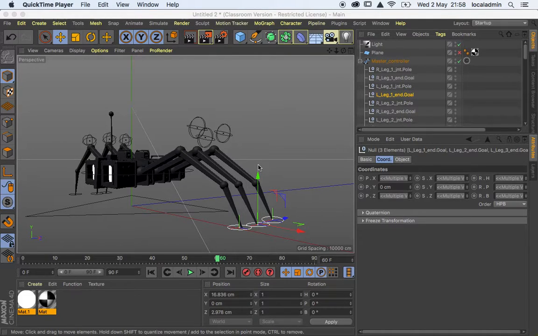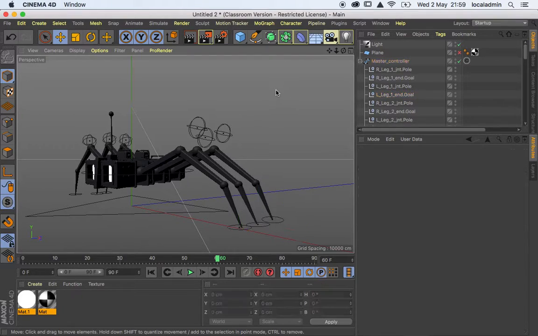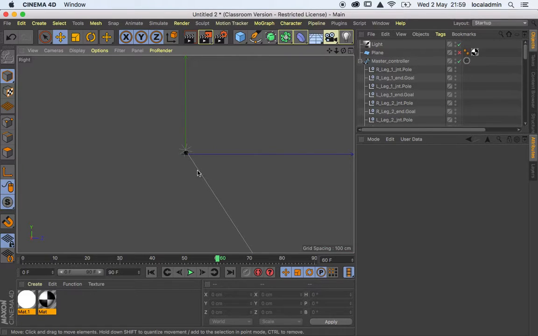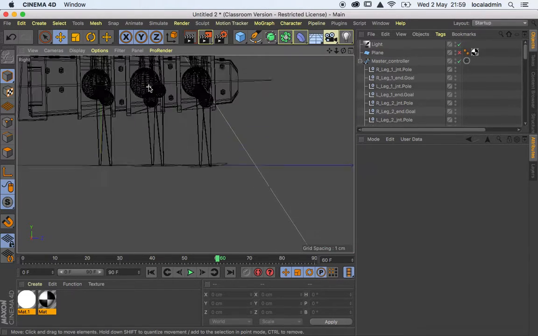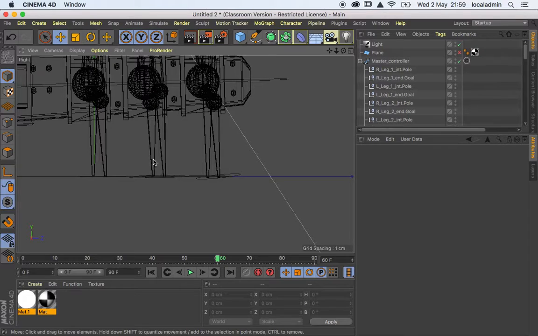So the second method I'm going to show you is we make those end controllers follow a spline. Okay, so let's just change the view to the right and zoom in. There he is again. We're going to draw a triangle there because I did track